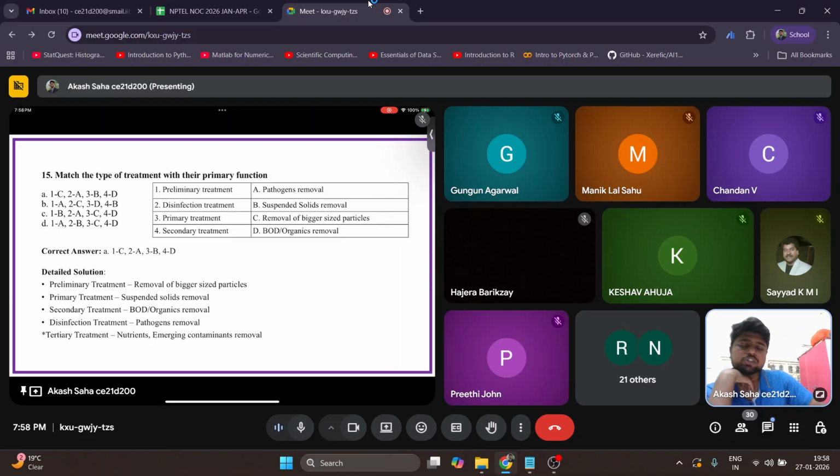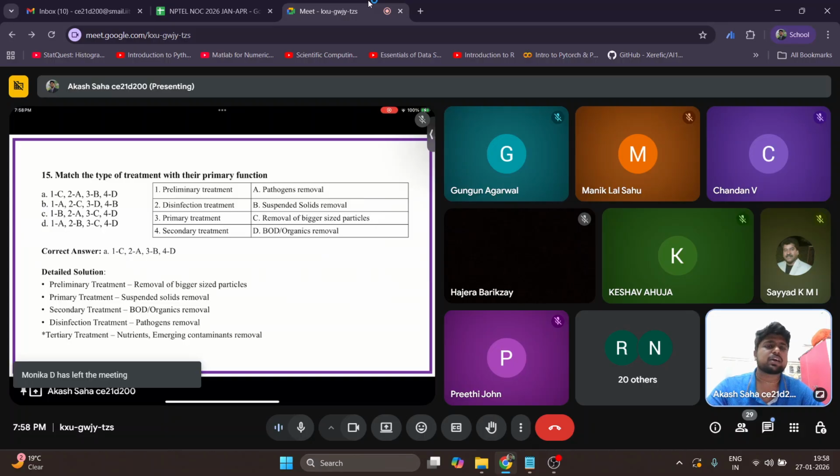Okay, and there is also tertiary treatment. By tertiary treatment we mean removal of any kinds of nutrients, emerging contaminants, heavy metals, pesticides, all those things come under the tertiary treatment. Basically, in most sewage treatment plants we will see the preliminary, primary, secondary and disinfection. But in some advanced treatment plants we also see tertiary treatment. In this day and age it is very much required, because we want to reuse this wastewater for different purposes. So tertiary treatments are also being utilized effectively in many treatment plants.